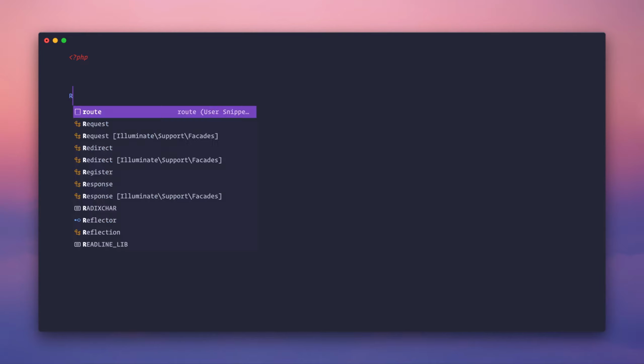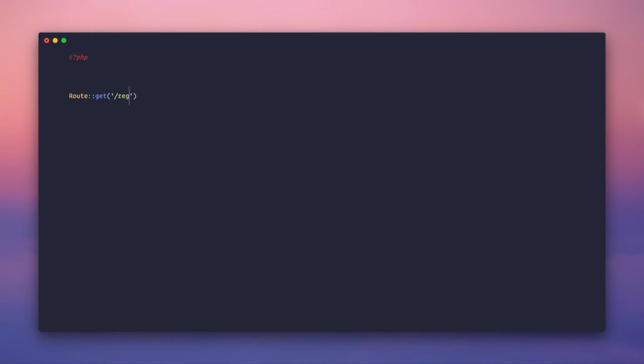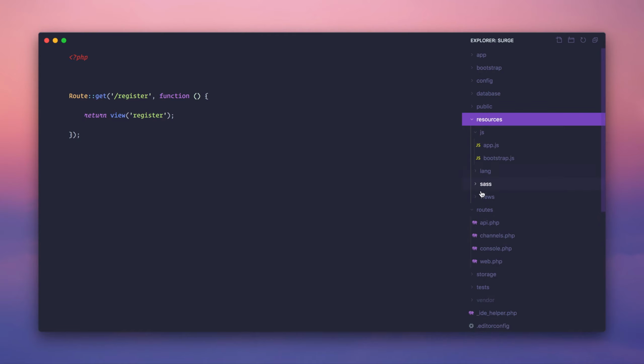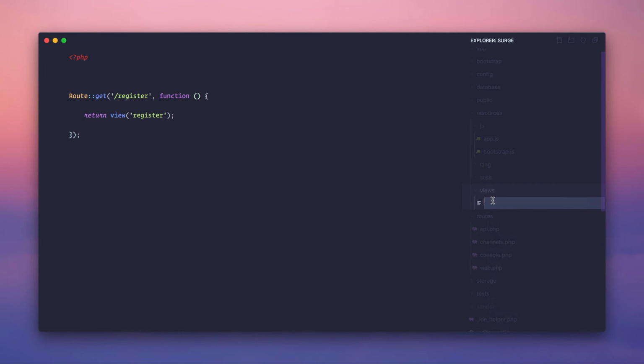It's going to be a register component because we want to make a basic registration page and show how to deal with forms and validation and stuff like that. So why don't we start with a route and we'll call this register. And now inside the route, we will return a Blade view that doesn't exist yet called register. And then inside resources, views, we will create a new file called